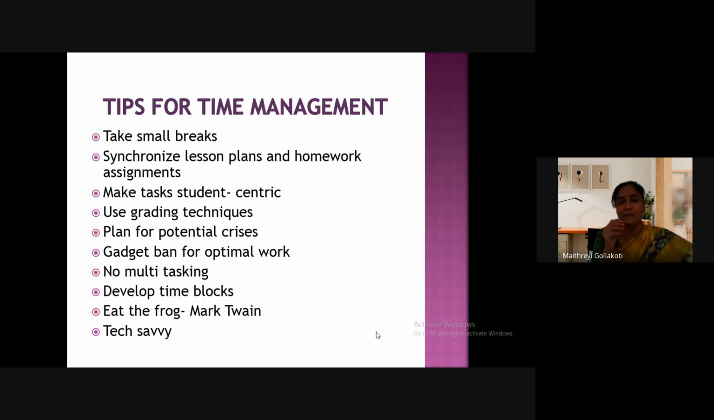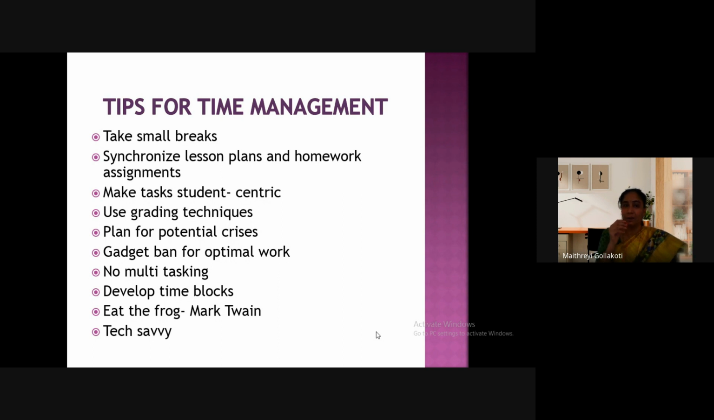Okay. Synchronize lesson plans and homework assignments. Every teacher should do this before starting the semester itself. Whenever we are planning for the semester, it is better to sit all together, plan, and take a calendar, see all the vacations and festivals, take those dates out, see how many days are there, and depending on that you make lesson plans and homework assignments also. So by this time this lesson will complete, then this assignment should be given. So you have to synchronize everything so that there won't be any gaps and time wasted in between